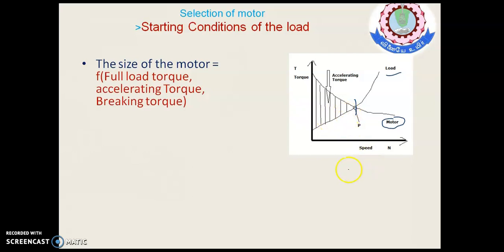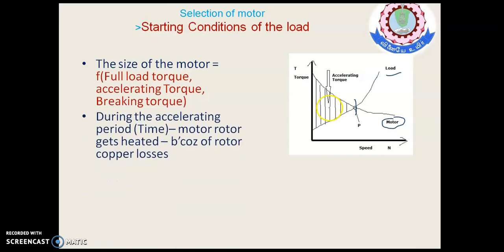Up to this, what we are providing as an input is nothing but accelerating torque. Now if accelerating torque is high, what is the meaning of that? Can anyone imagine that? This portion is decided by the acceleration time, that is the starting time. How much moment of inertia you need to provide for both the motor as well as the rotor will be considered in this particular part, and that will be considered as accelerating torque.